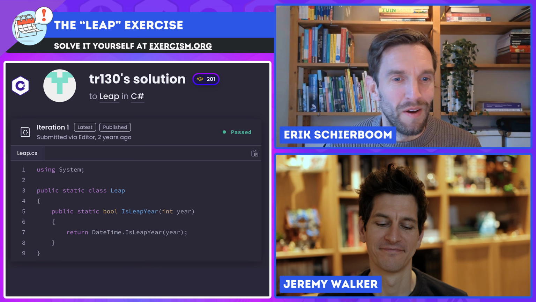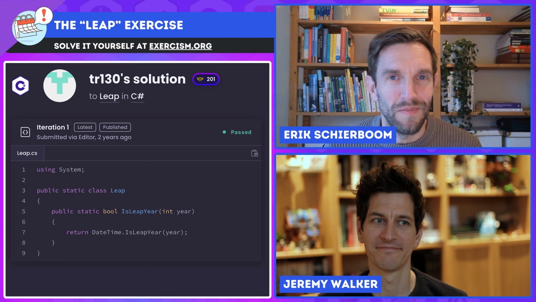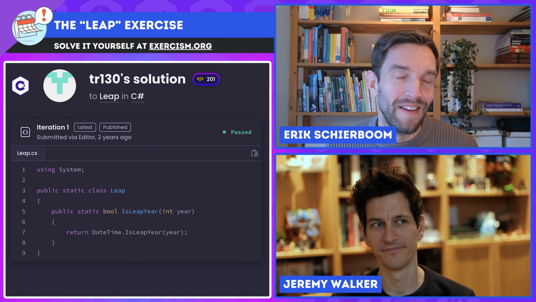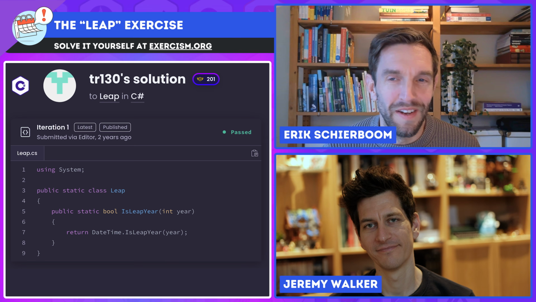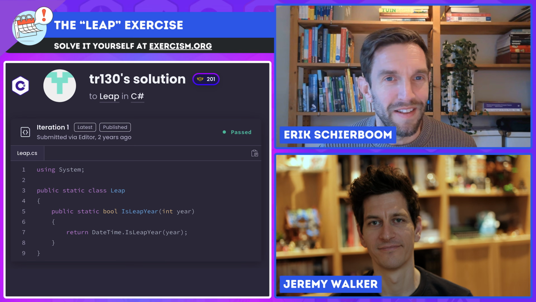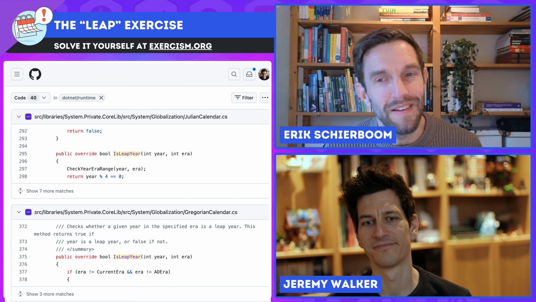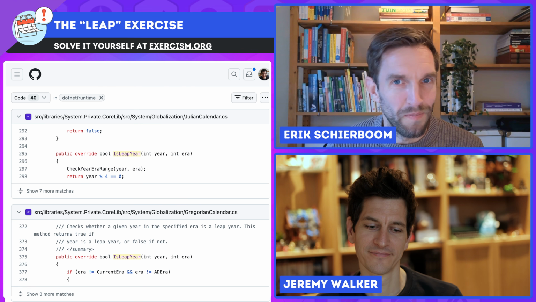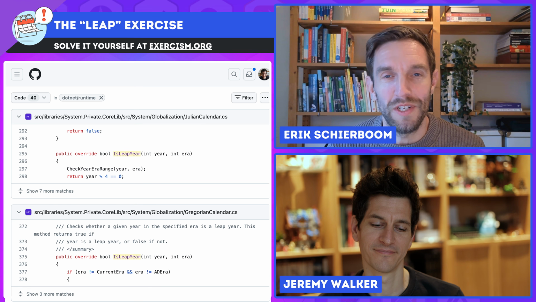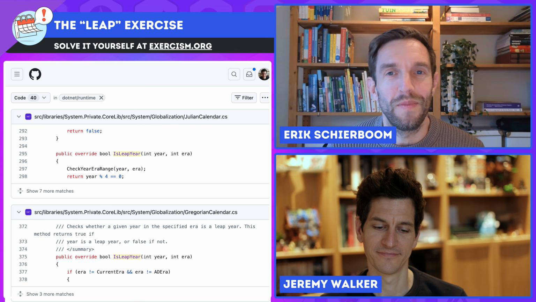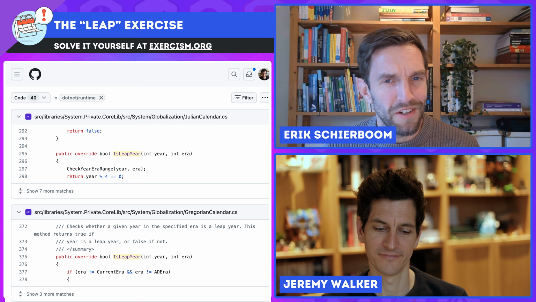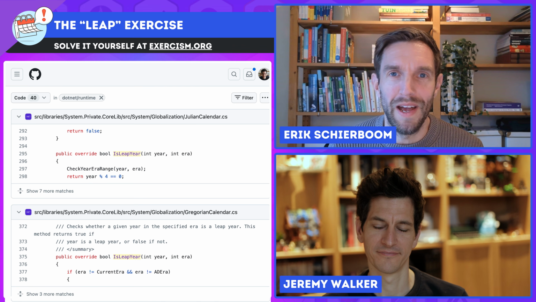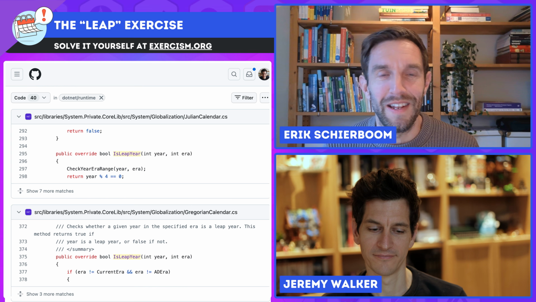So what I did is, because the .NET framework is open source, I looked for how it was actually implemented in the framework itself. And if you do that, you'll find that there is no such thing as a leap year, but instead there is a leap year within a calendar. So you have the Julian calendar, which is an old calendar, I think it's Julius Caesar, and there was just modulo 4, so it was a very simple one. And later on we had the Gregorian calendar, and then it became a bit more